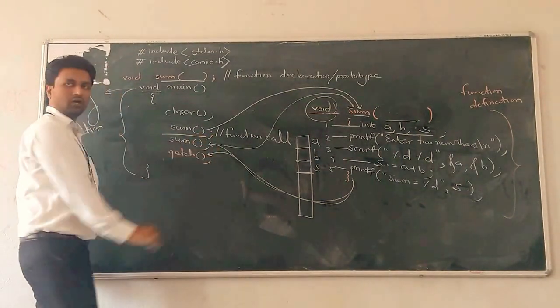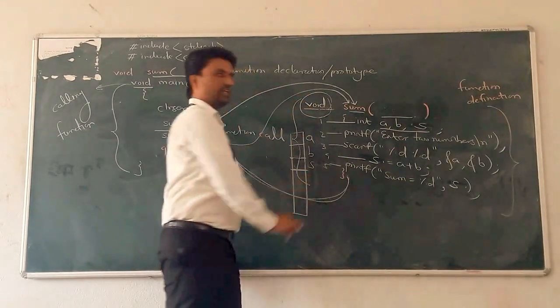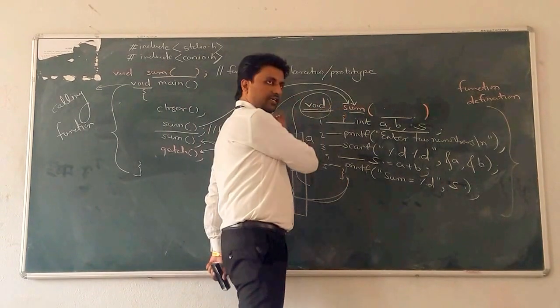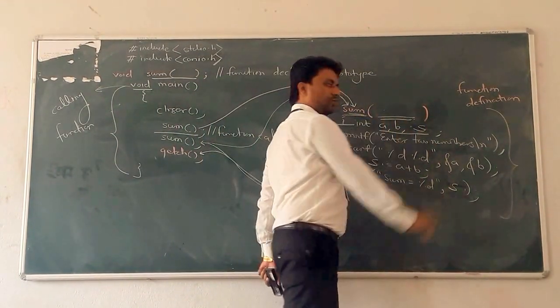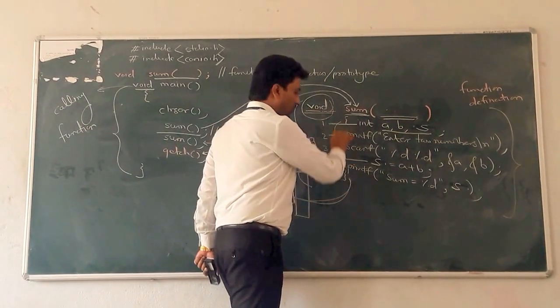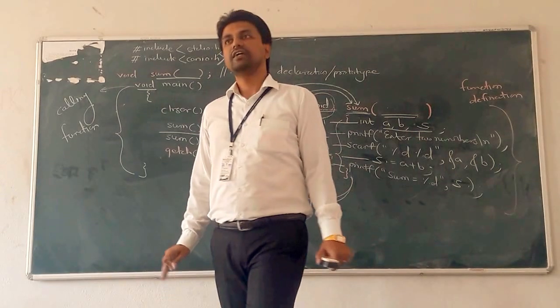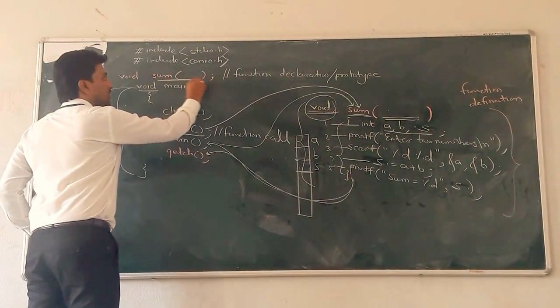the function call, this is called as function call, and this is called as function definition. In the function definition, what is the general syntax? Return type of the function, then name of the function, then argument list or parameter list, and after that body of the function, and all this whole is called as the function definition. Okay, if you write function declaration